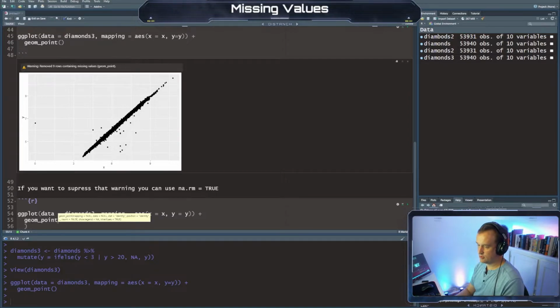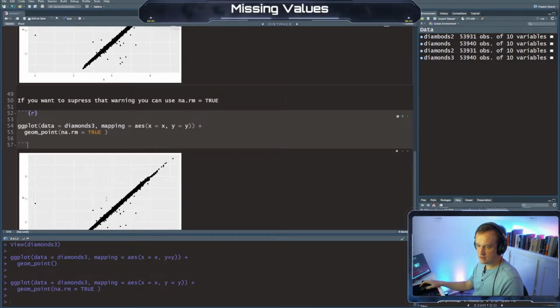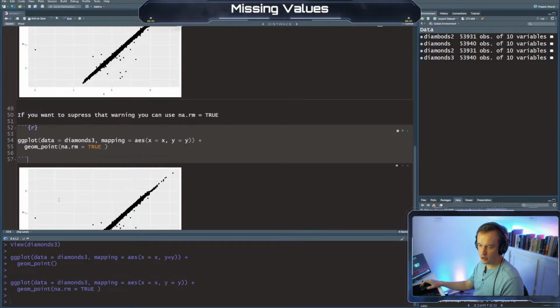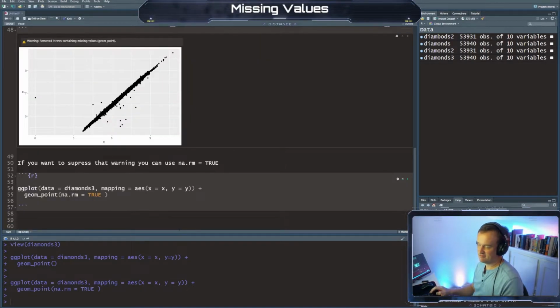And this is where we would use, move my cursor so you can see, geom_point, and we would say na.rm equals TRUE. Alright, so if we did this, see, it graphs it and it doesn't give us the same warning, if you wanted it to just not show up in your HTML file or whatever. Okay,